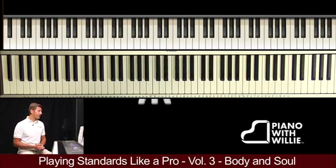So we're going to go through and we're going to look at pretty much every measure one at a time. So really one measure at a time in isolation, and talk about a whole bunch of things that I might do to create a solo piano arrangement of this tune. Talking about things like what the term rubato means. Talking about tritone substitution quite a bit, talking about how to insert certain chords, how to create 2-5 motion,